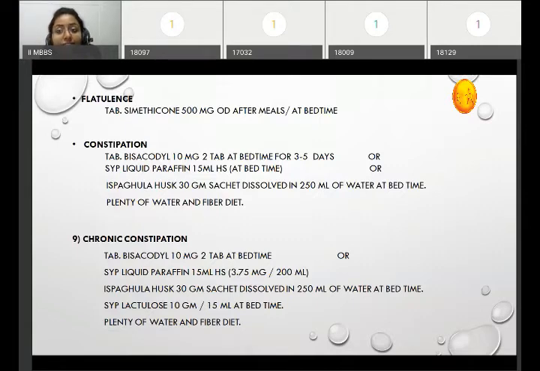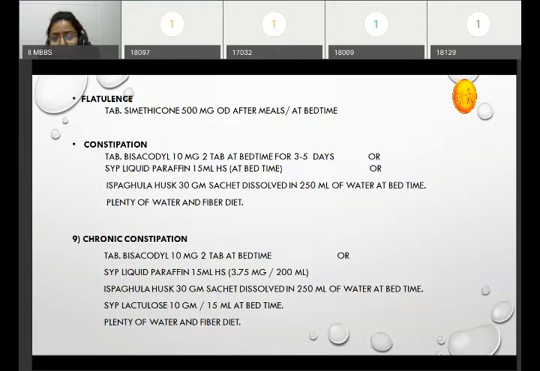because of which there is increased water secretion in the GI tract. So the stools become more bulky because of the water content, and that stimulates the GI tract and causes evacuation of the bowel contents. So this is the mechanism of stimulant purgatives. It is called a stimulant because it irritates, and that's why it becomes bulky, and then the feces are evacuated out. That is the stimulant purgative.